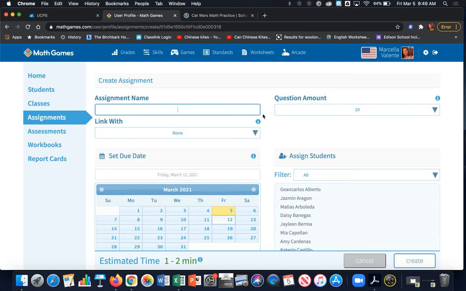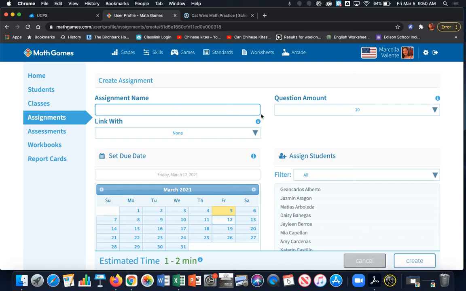However, the difference is that because I was already in an activity and I clicked on that blue tile at the bottom of the activity page, it's actually going to create an assignment for me for that activity